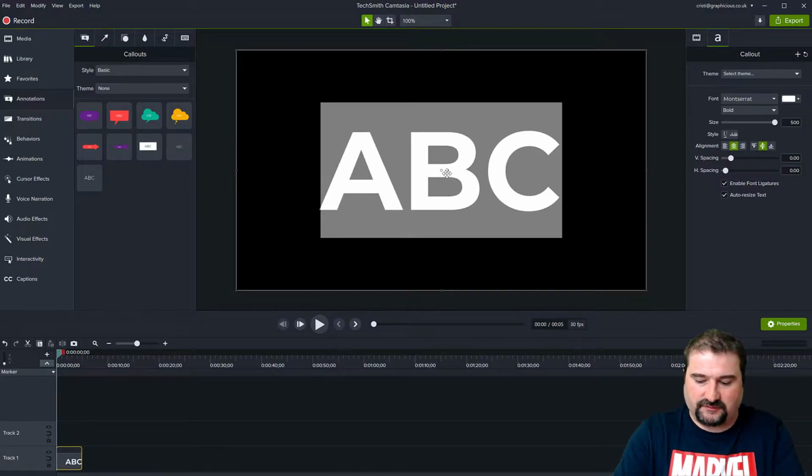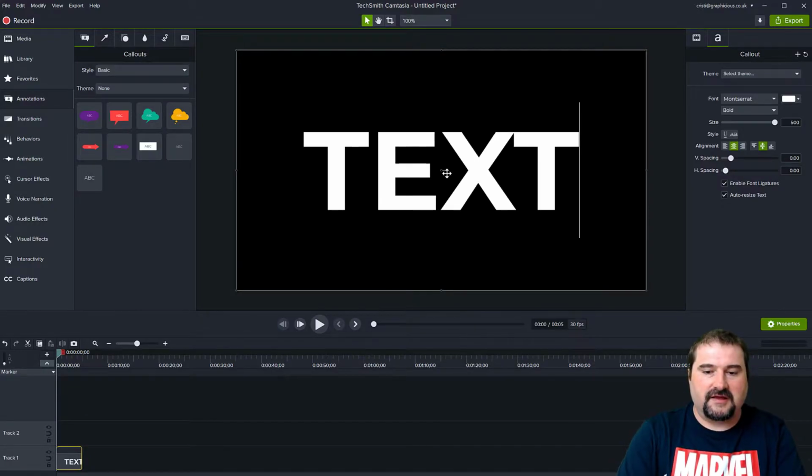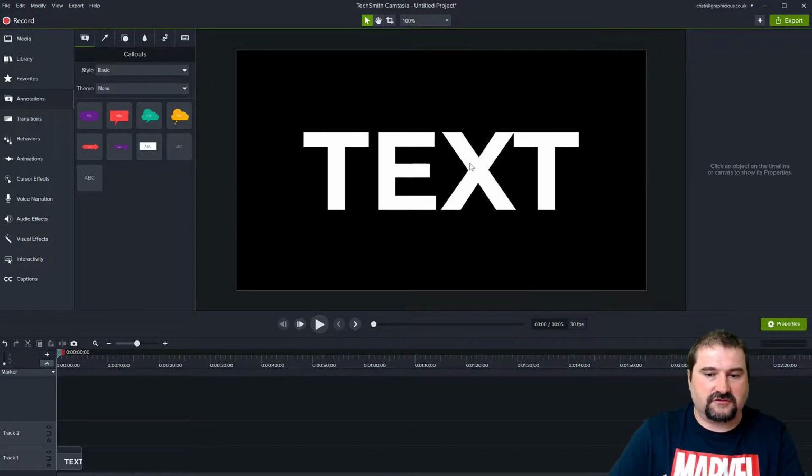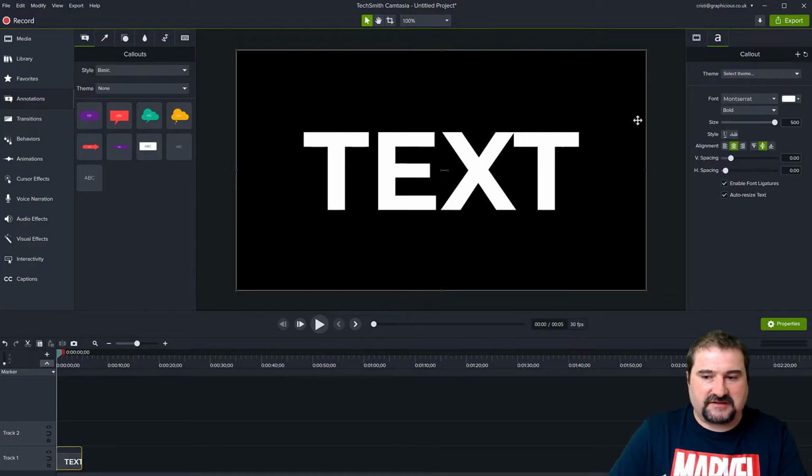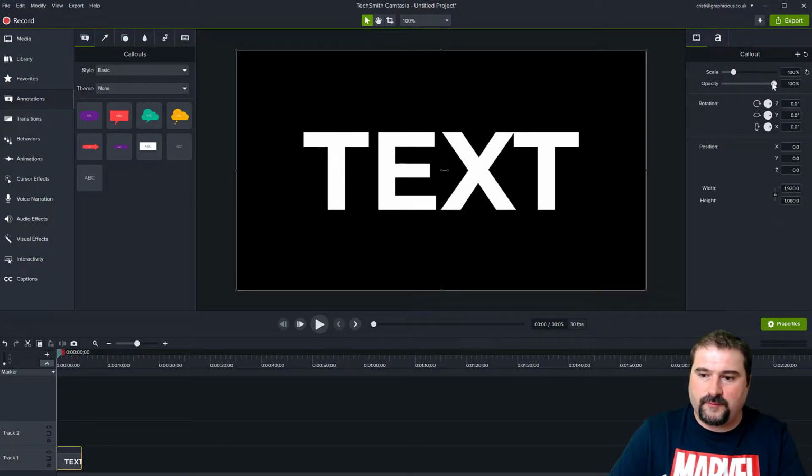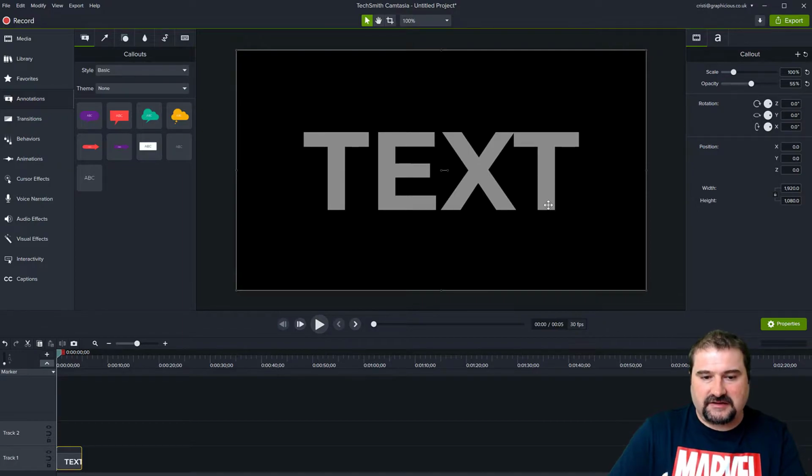I'm going to double click and replace this with text because it's important to have corners where you can anchor yourself to them. So I'm going to just call this one text, but at the end we can just change the text to anything we like. And here's the trick. We're going to make this text sort of opaque a little bit so we can see through it a little bit like that. So I'm going to make exactly 8 copies of this text, right? In addition to this main one that I have here. I know it sounds like it's a lot, but believe me, it's going to work and it's going to give you the effect you want.